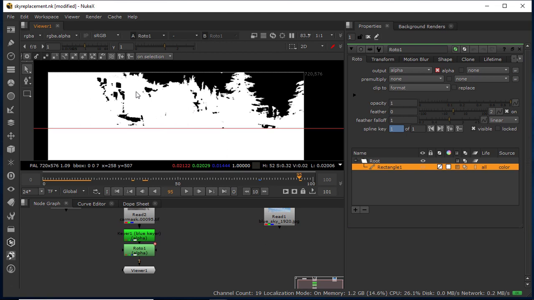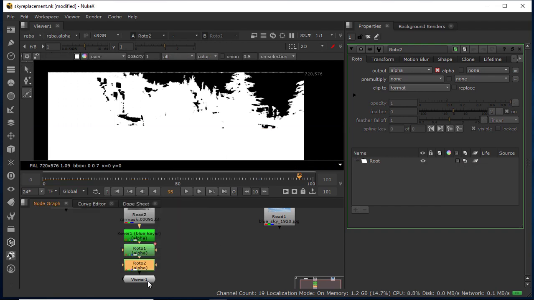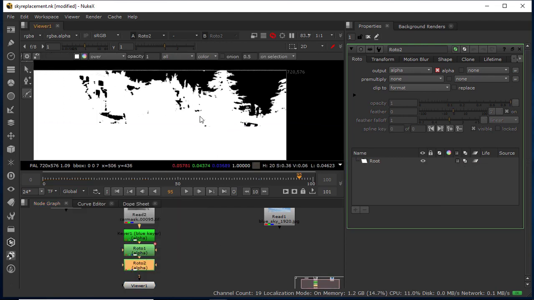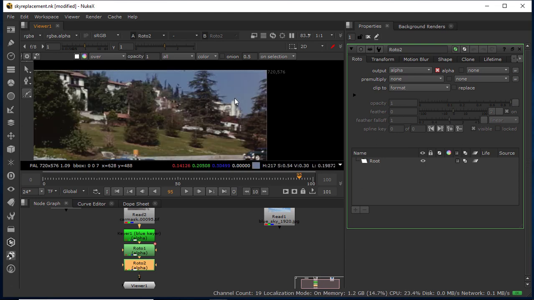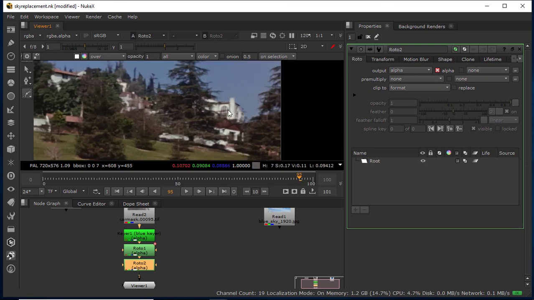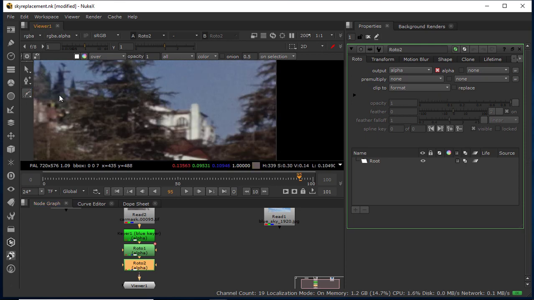For adjusting these small areas I am going to create another roto node, because I am going to use our tracker data for following our roto shapes, okay. Now see here, just again select your node, then tap, then again roto node. Now just select and create your shape. Now simply come in RGB mode. Now press A. Now here you can clearly see your footage and now simply create a shape. Now in the second roto, just double click on it, so select Bezier shapes. Now just create your perfect shape.